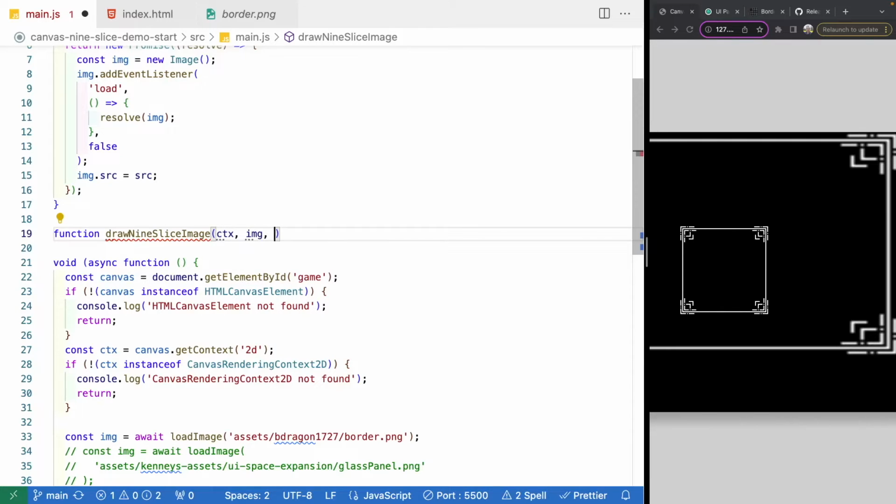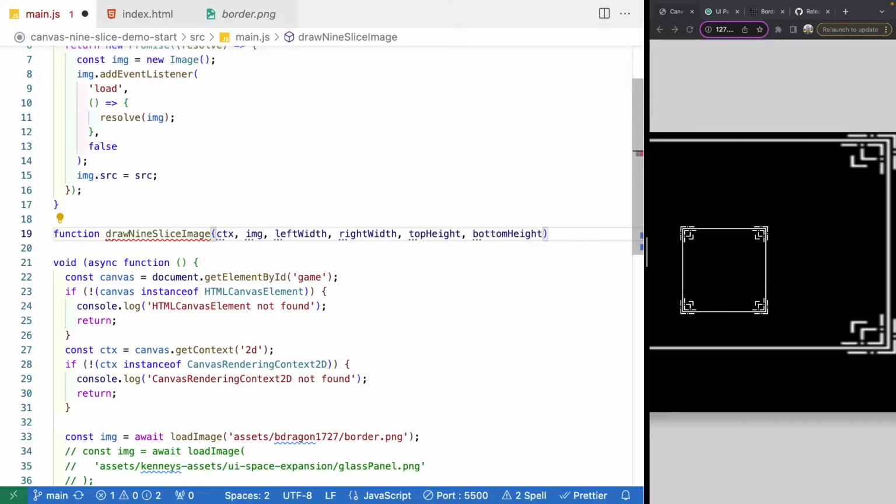And then what we're going to need to do is draw out parts of our image based on proportions that we want to provide. And so for our image, what we need to do is define our corner cut. We need to define our width and our height of this corner piece here that we will not stretch. And so to do that, let's add in some parameters, and we're going to call this left width. We're going to do right width, and then we're going to do top height, and we'll do bottom